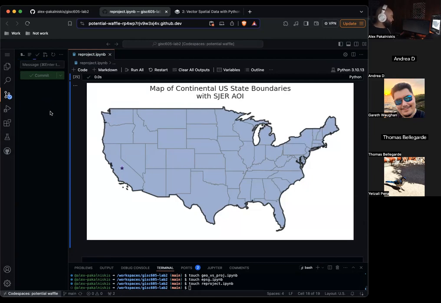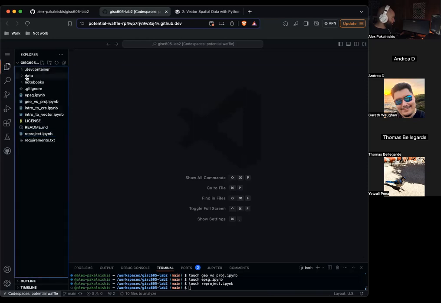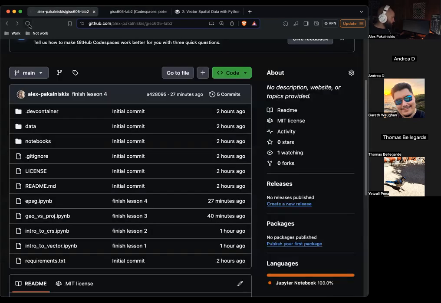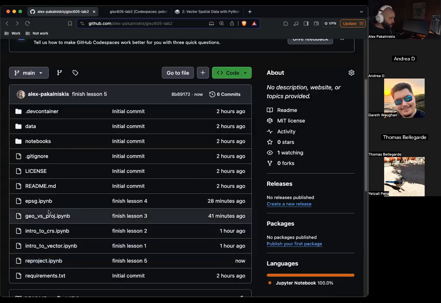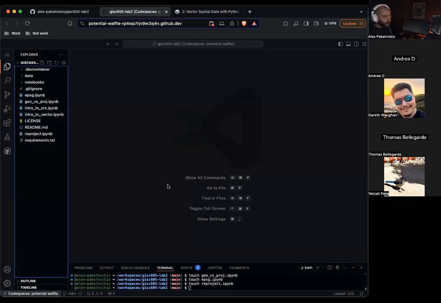It's thinking. There, it's done. Cool. Can go back here. I always just like to double check that everything is loaded. Reproject exists. Awesome. Cool. Now let's create a notebook called Clip Vector and get some experience clipping spatial vector layers in Python.